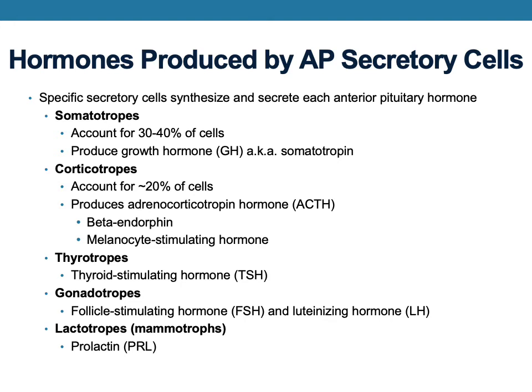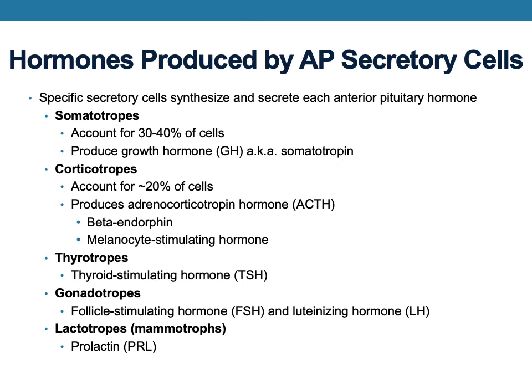Hormones produced by anterior pituitary secretory cells. Here is a list of the anterior pituitary secretory cells and the hormones they produce. You will notice that I have percentages of the amounts of somatotropes and corticotropes listed. That is because